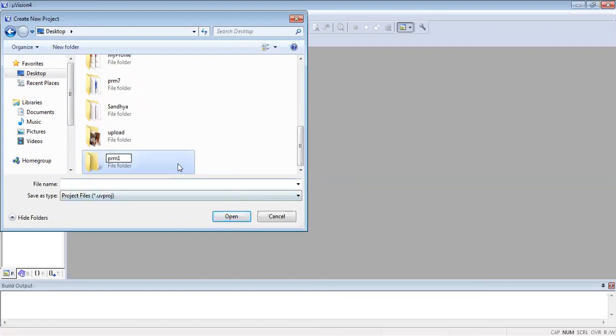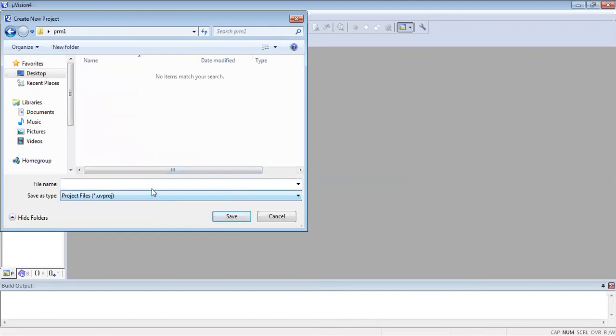In that we create our new project, that is PRG1. Since we are writing an assembly level project, we save it as prg1.asm.